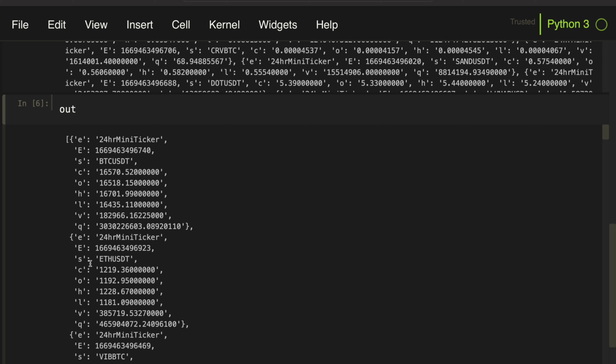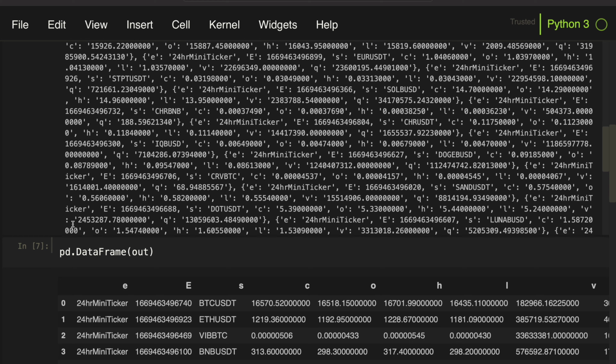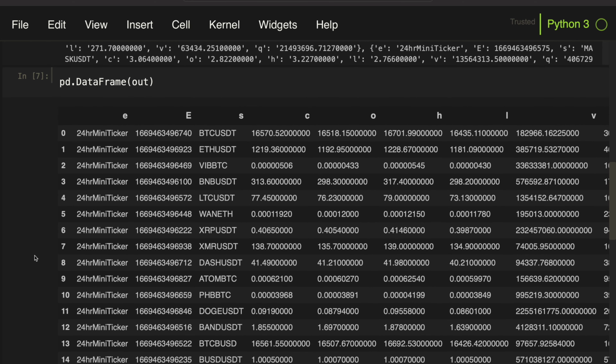So how can we transform that into a more readable way, and in such a way that we can import this data into our SQL database? Well, the first step, and I'm doing that now, is to transform this into a data frame. So if we're transforming that into a data frame, you will see that we're getting some nice tabular data here,